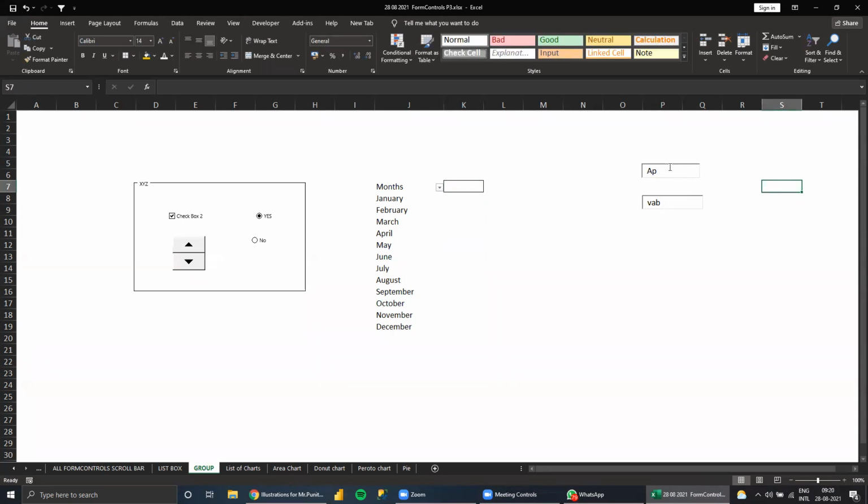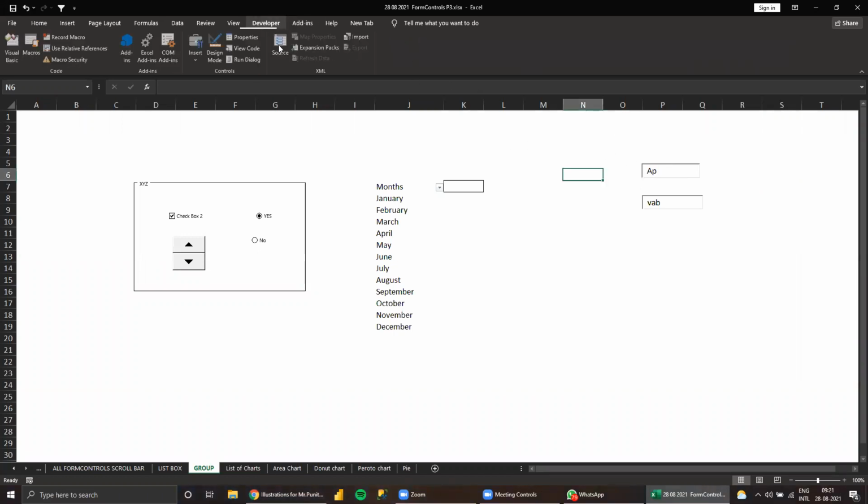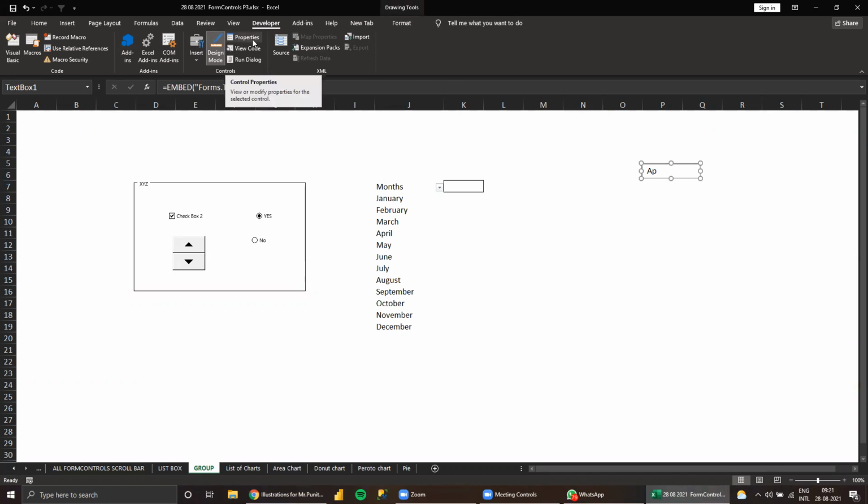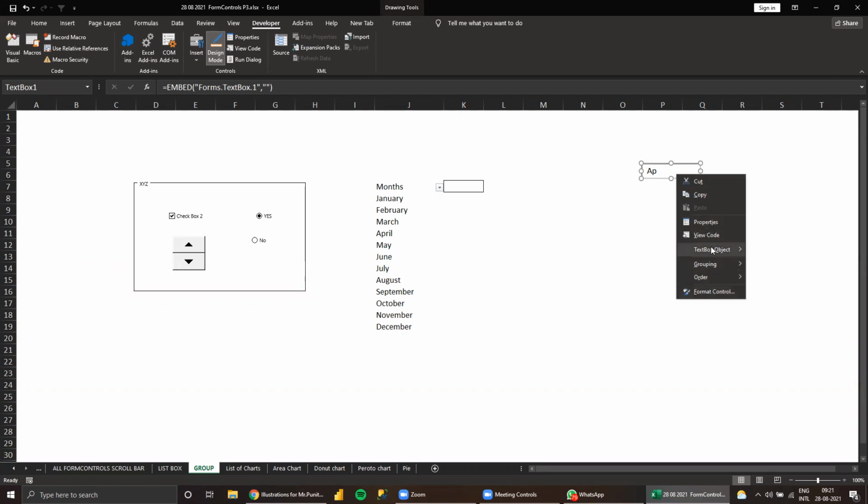Again, to activate the setup, click outside, go to Developer, activate Design Mode. Then I delete this because it can confuse. Click here, then we can see the properties here, or right click on this and we can see the properties, both are the same. Click on Properties.